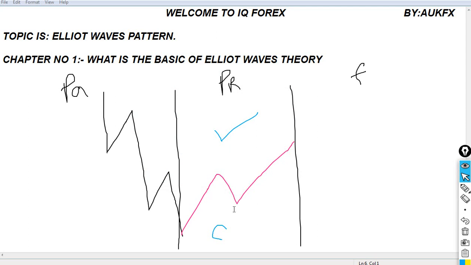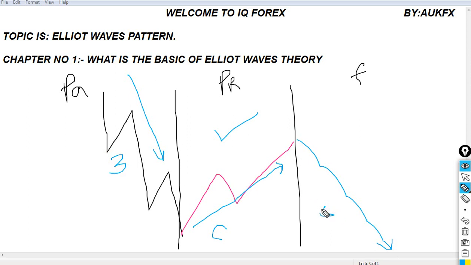Because from the correction part you can easily identify that from the past you are coming from an impulse wave and right now you are in a correction phase. So that means the future is another impulse wave. Either it is a third wave, or maybe the future one will be the fifth. Either it's a first wave and you are riding on the future on a third wave. It's another story. We are not getting into it